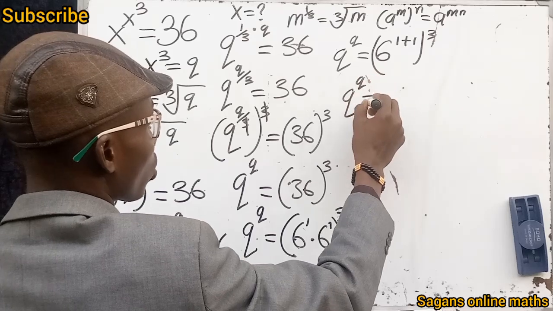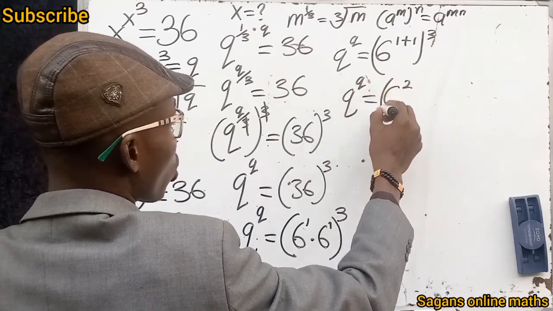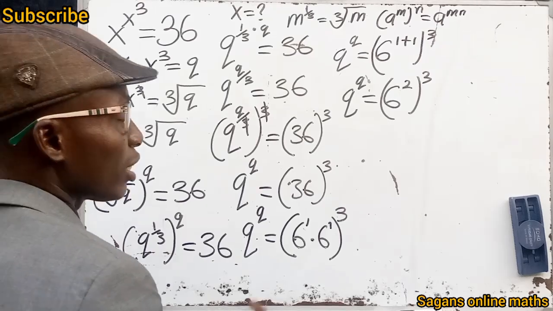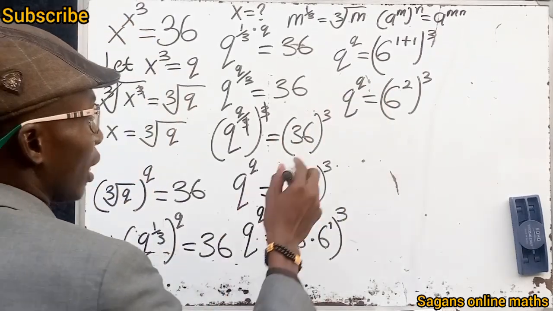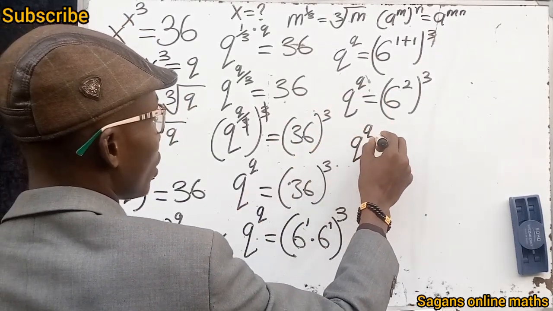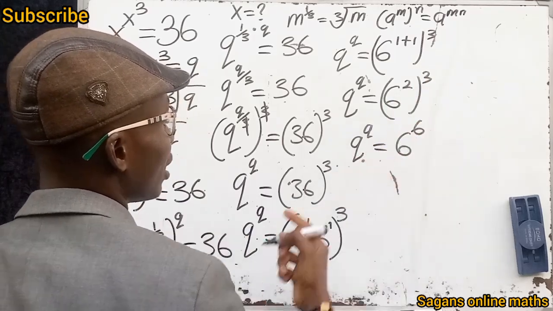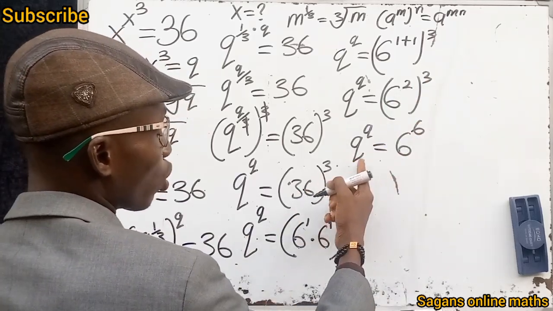4q is equal to 6 raised to the power of what? 2, all to the power of what? 3. You can see that this is amazing. This is beautiful, my dear. Okay, that means q to the power of 4q is equal to 6 to the power of 6, because 2 times 3 is 6. You see that q, which is the base here, is equal to 6 here, which is the base,